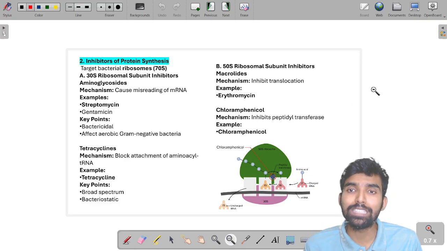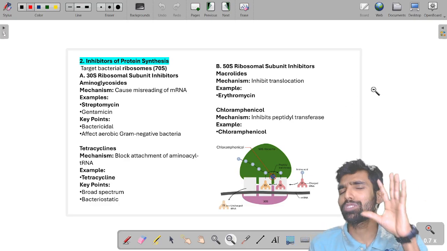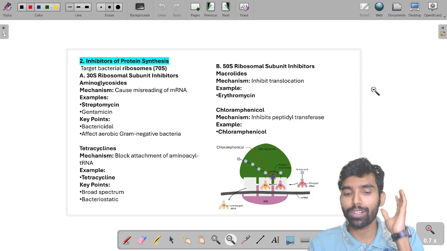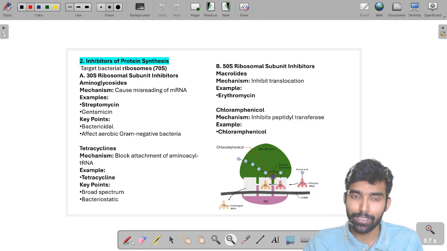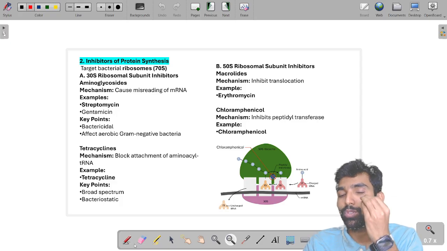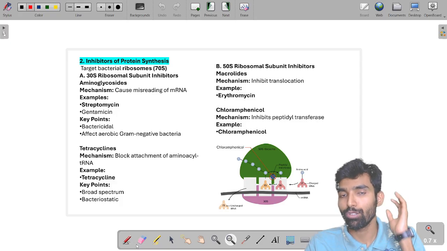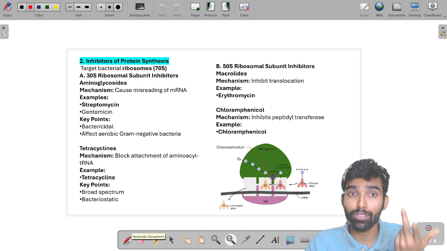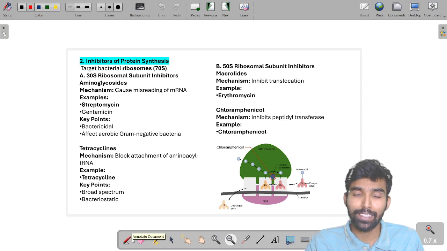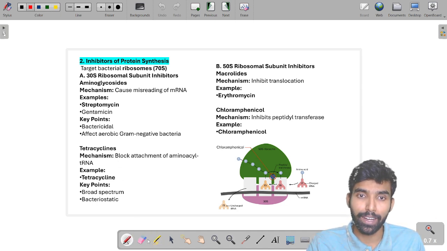So inhibition of protein synthesis, that's the most beautiful part. For any organism, if you can block protein synthesis, what will happen? If I don't give you protein, your muscle will not be formed, and everything will stop working. The same thing also happens with bacteria, right? So this actually targets the